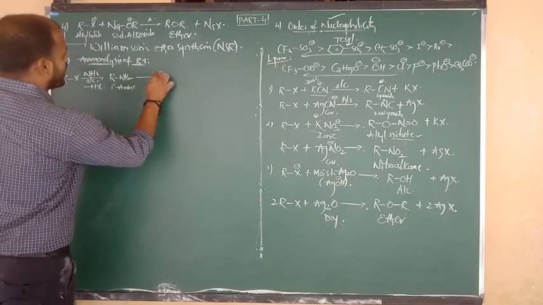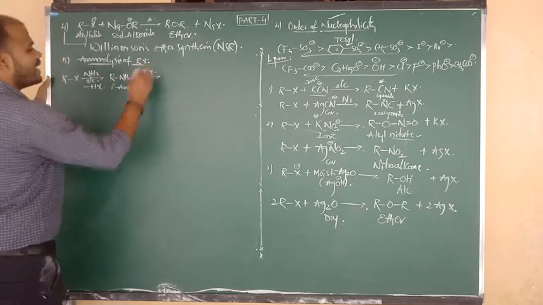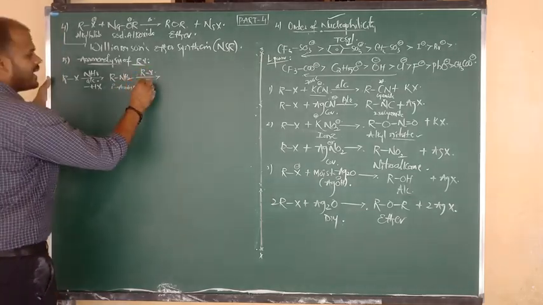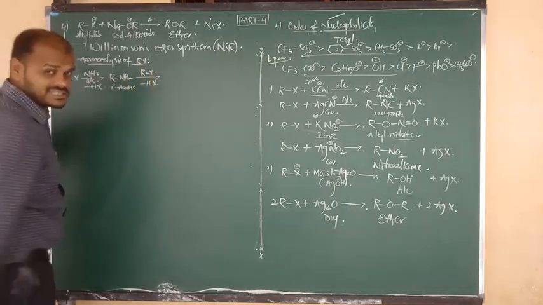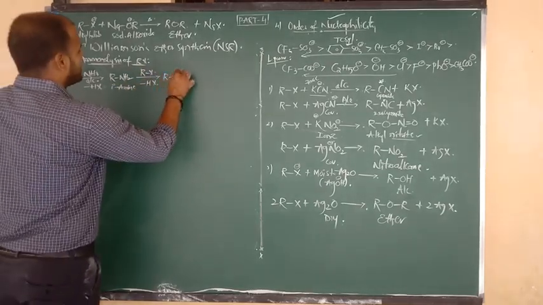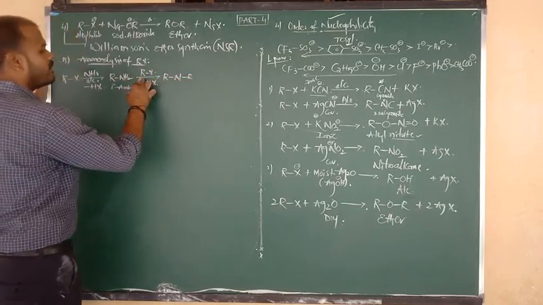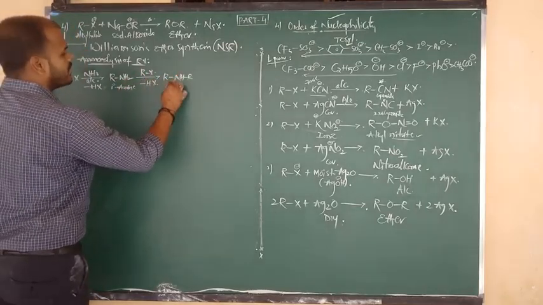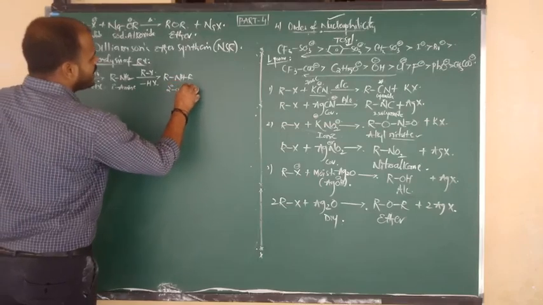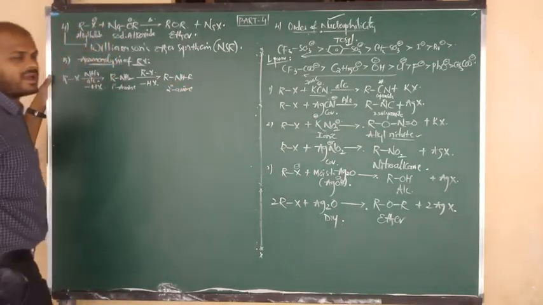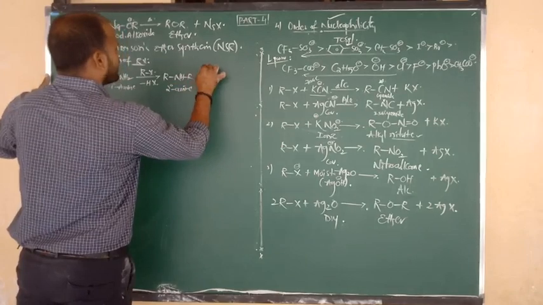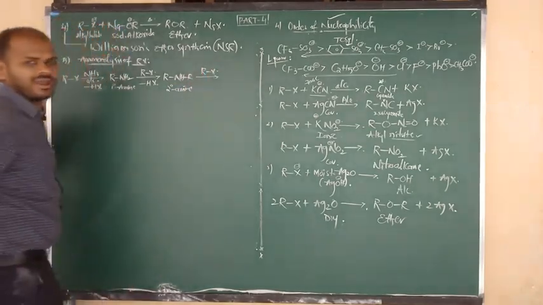Again, such primary amine reacts with another mole of alkyl halide. Again H combines with X and is removed in the form of HX, and we get the product R bonded to N, N bonded to R. Here again one more hydrogen will be there. So which amine are you getting? Yes, here we are getting secondary amine. Next, it undergoes reaction with another mole of alkyl halide.